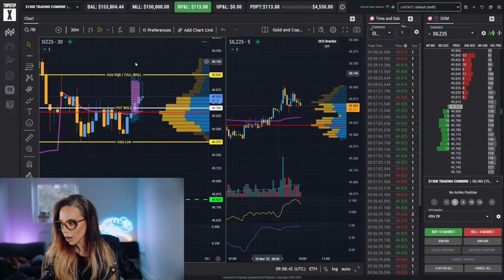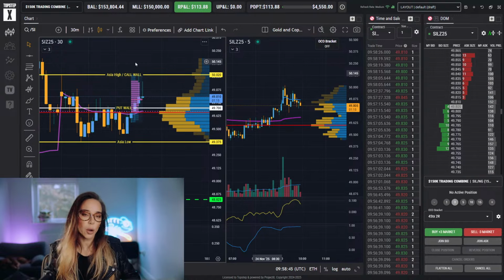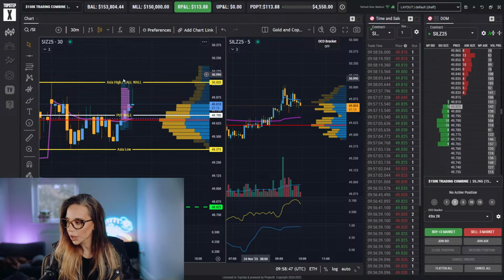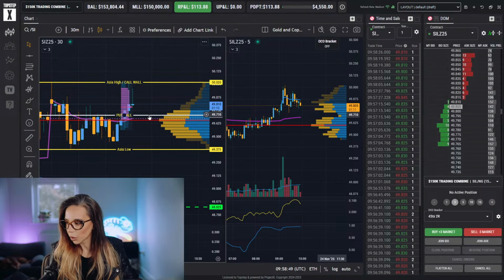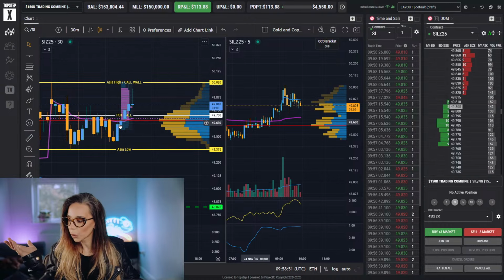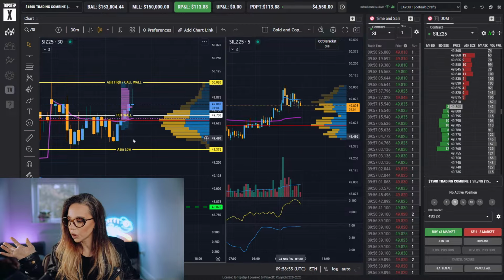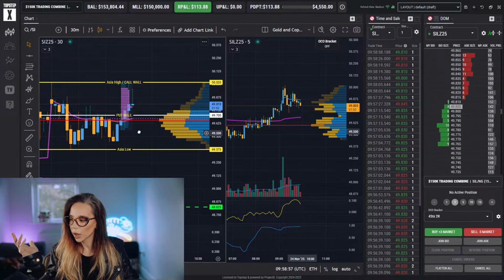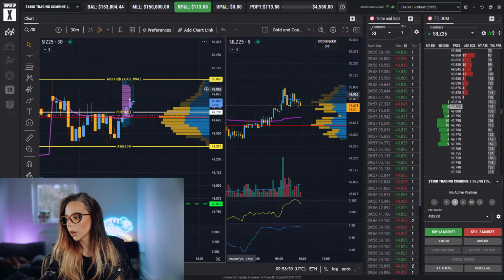What is catching my eye on silver? So the Asia high and call wall. I would like that tested, and then maybe a little trade down to the put wall. Whether we rotate back to the London Open, that's a possibility. Maybe even overshoot. And then we have the time of day when the London fix is happening.